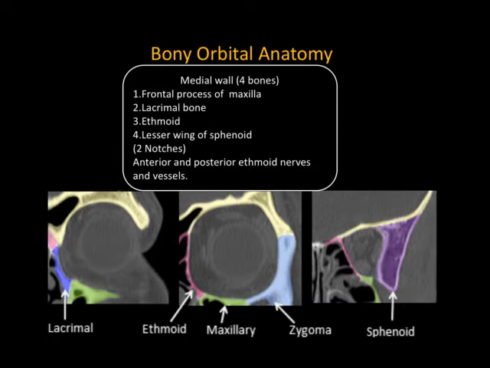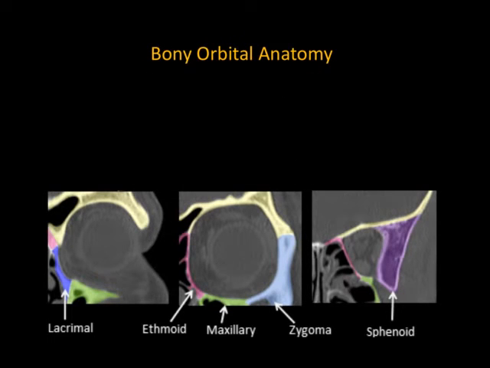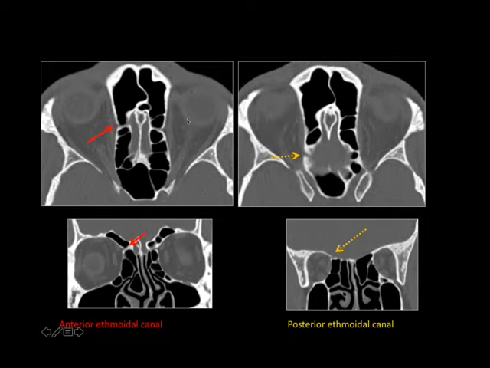Along the medial wall, there are two important canals. I had discussed this before. Anybody? Anterior and posterior. So you have anterior and posterior ethmoidal canals. These will have the anterior and posterior ethmoidal neurovascular bundle. So these are the weakest points of the medial wall. Whenever during FESS surgery, if the surgeon injures these structures, then there would be hemorrhage.